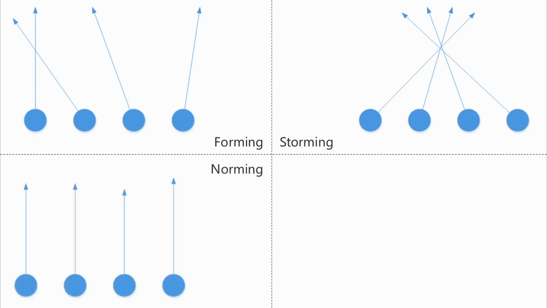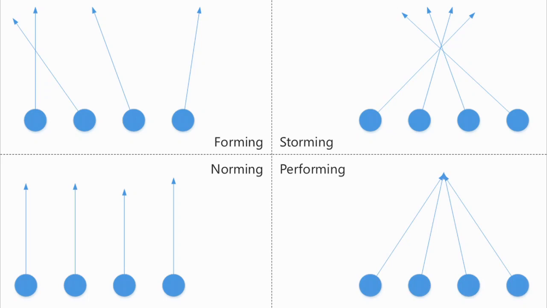Moving on, then we get to norming, right? Norming is that stage where we all agree on goals. We more or less agree on how to get there, but we can still have conflict between different approaches on how to achieve those goals. To get past the norming stage, you have to have clear roles. You have to say, look, you, Tony, you're doing this stuff, and if you have any question for Chris, you're over here, and we dictate what your roles are, and we try to mitigate or minimize the conflict between you two. Okay? That's norming.